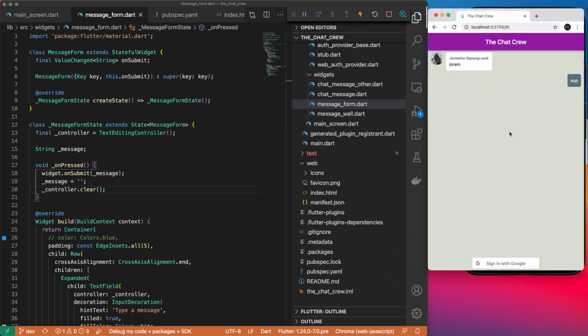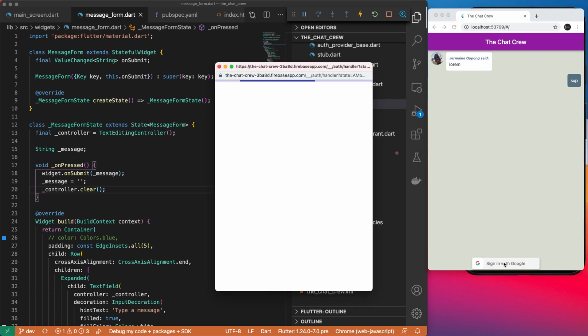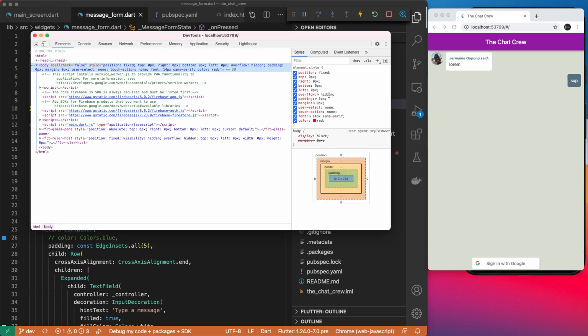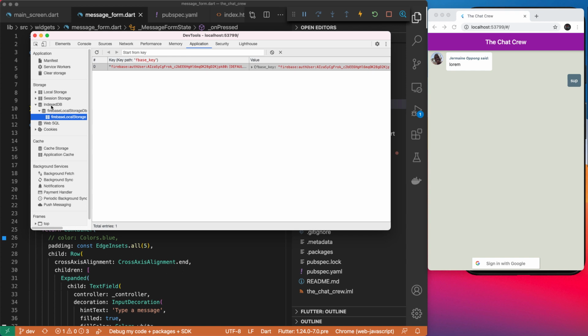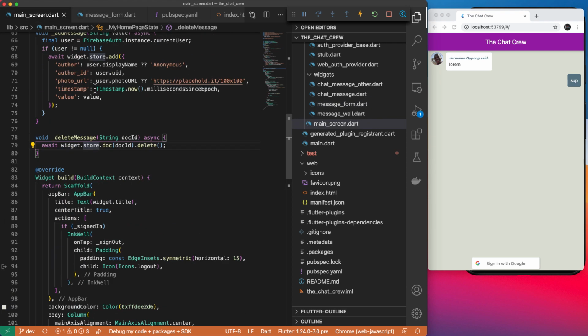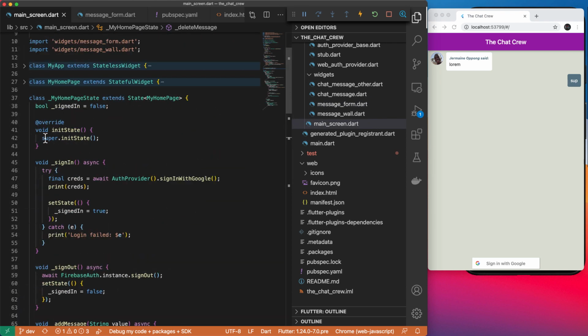So you'd notice that whenever the page refreshes, we see the sign in with Google button again, rather than the form. So to illustrate the problem, when I click sign in with Google and it signs in and I refresh the page, we see that it's reset to this, even though when we look at the console and go to Application and look at the IndexedDB storage, we see our authentication information here. So to address that, I'll come back to main screen, and with this initState method we created earlier,